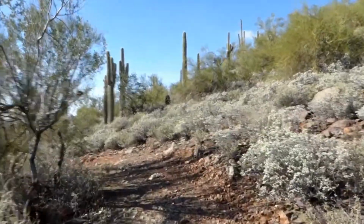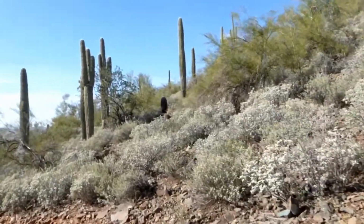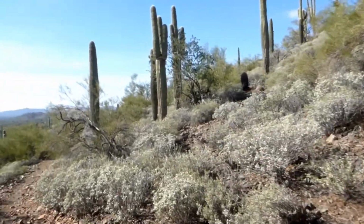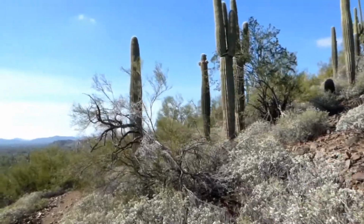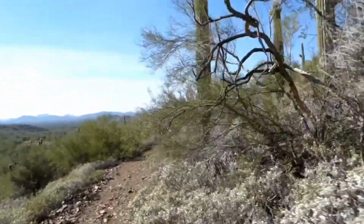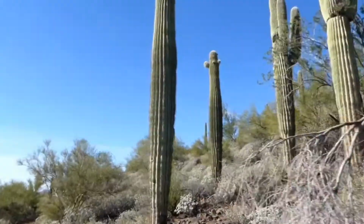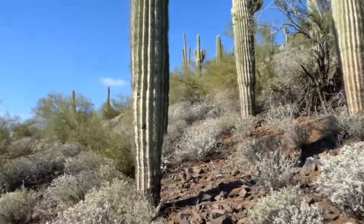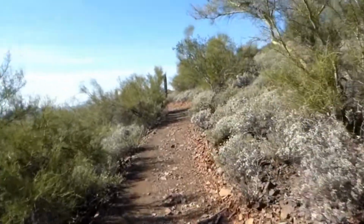Okay, I want to do another test of taking the picture while moving. Let's see. Oops. Okay. Got to keep your eyes on the road. Alright, that was 3 saguaros I was supposed to take a picture of, so we'll see when I...